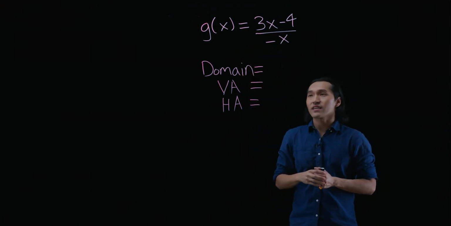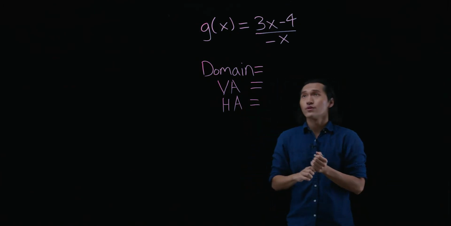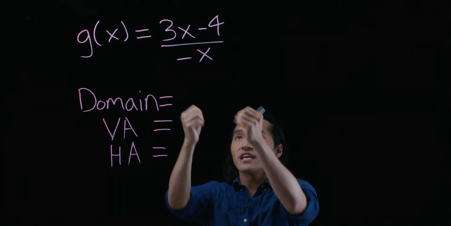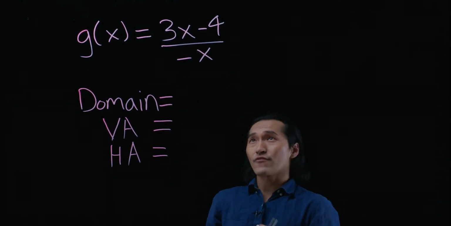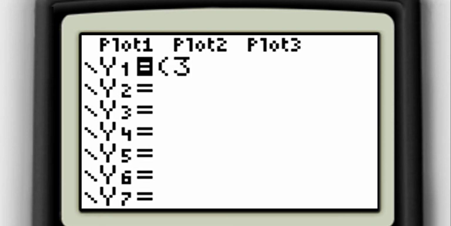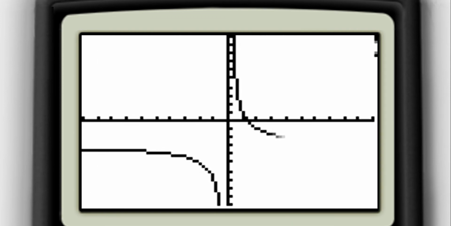We're given g of x is equal to (3x minus 4) all over negative x. And they're asking us to find the domain, the vertical asymptote, and the horizontal asymptote. So what we could do is use our graphing utility to just plug this in and graph it. They're just asking us to use the graphing utility to see what the answers are. Once you plug it in, word for word, number by number, you'll see that the graph has a vertical asymptote at 0, a horizontal asymptote at negative 3, and the reason for that is